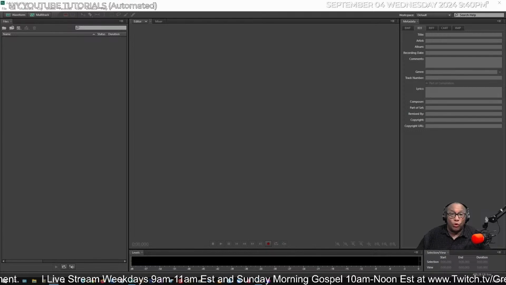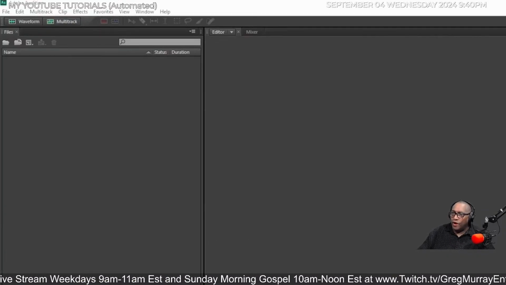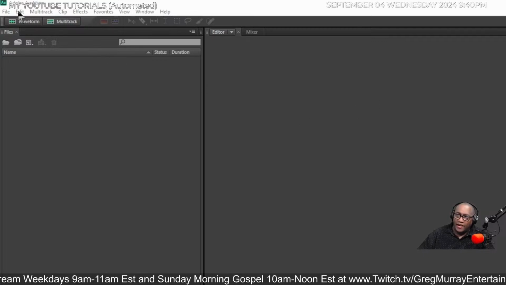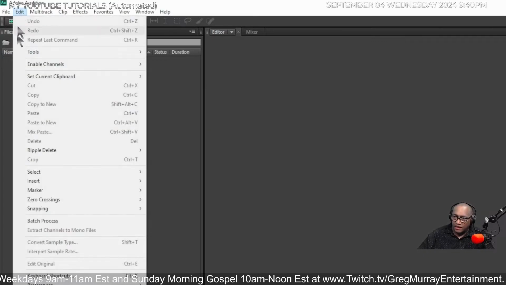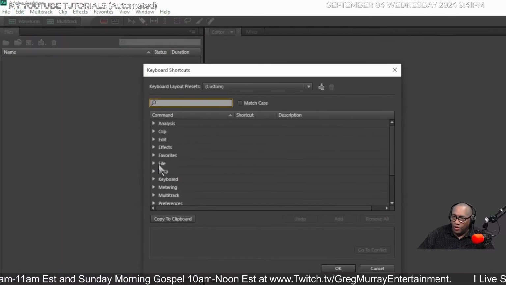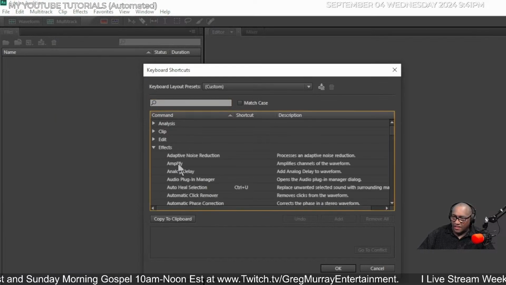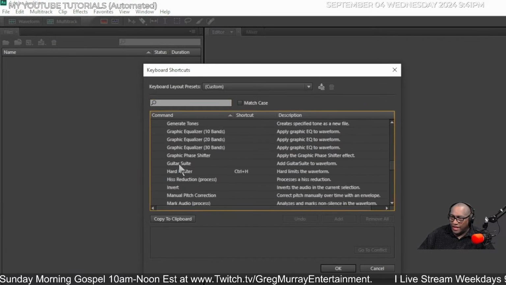Next, let's set up our keyboard shortcuts. They will be immensely important later on. Okay, here in the top left corner, you'll find Edit. Click on Edit and go down to Keyboard Shortcuts. From here, click on the arrow for Effects. Scroll down until you get to